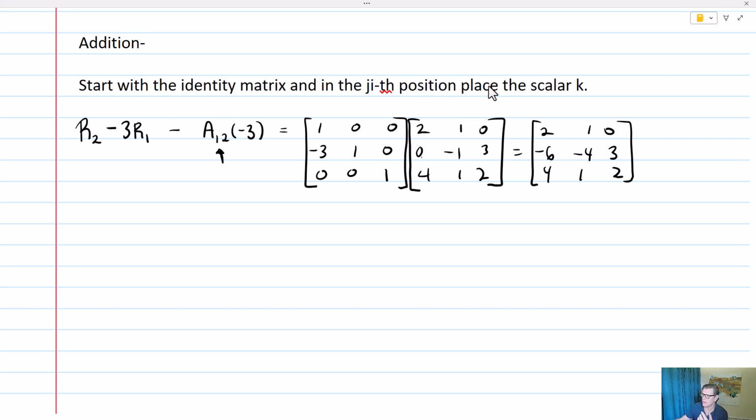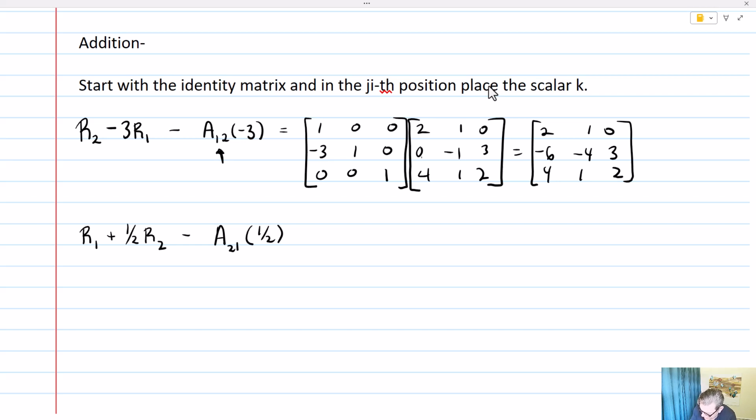And that's what that elementary matrix is going to do. Let's say, for example, we choose another example. Let's do a 2 by 2. And let's say we have row 1, and we want to add to it 1/2 row 2. So this is going to be A21,